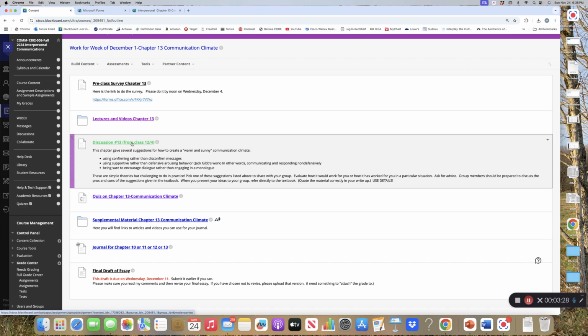So what you're going to do is pick one of those that you really like, and pick a suggestion from one of those three sections and evaluate how it would work for you, or maybe you've already tried it, so you can tell us how it worked for you. If it's something that you're thinking about doing, you might want to ask your group for advice. So let's say you've decided you're going to do confirming and disconfirming messages, but someone in your group is going to be doing encouraging dialogue. You have to make sure that you have enough information about the entire chapter so you can actually engage in a